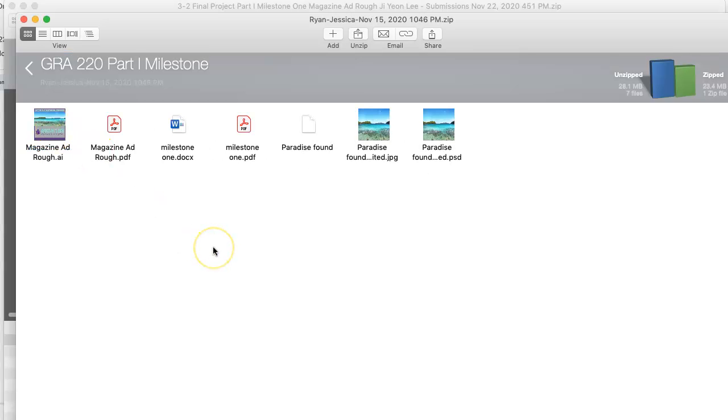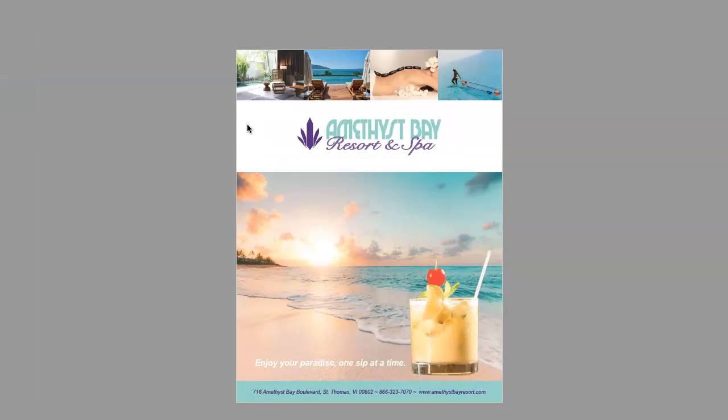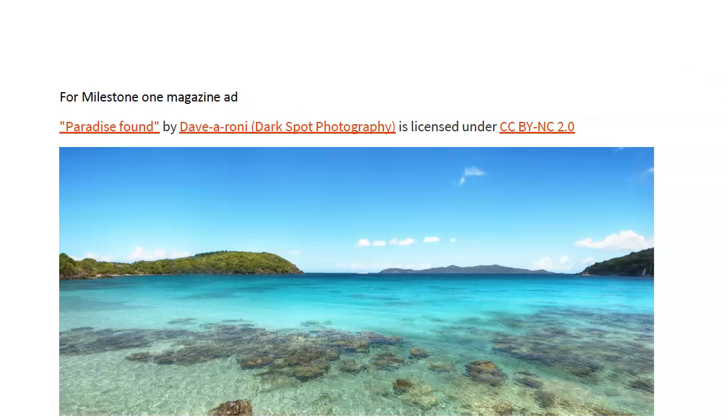Here's your nicely packaged file. There's a PDF of the magazine ad, and I'm assuming that this is your process document. So let me open up that first. Nice. Okay, so